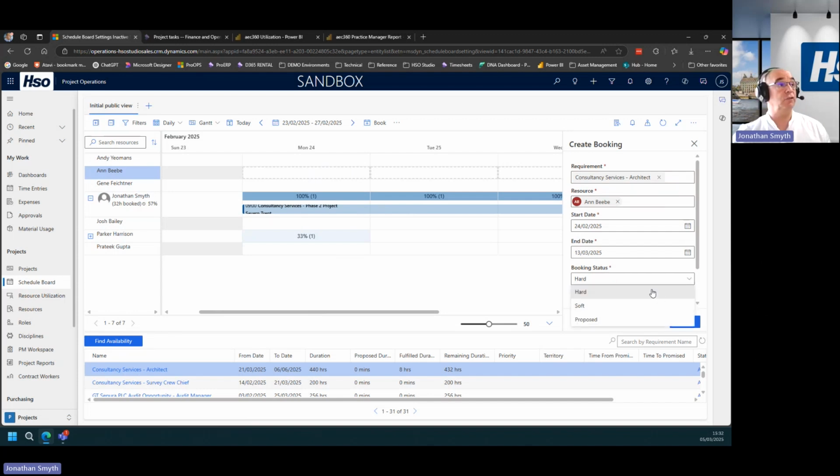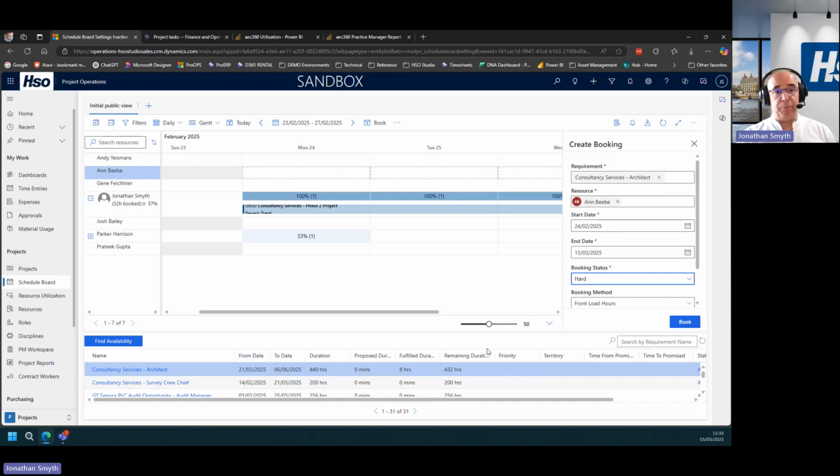So I could have a hard booking, which is an absolute booking, it's almost like a confirmed booking. I could have a soft booking, so that's tentative, or I could have a proposal. So I'm proposing that booking, but the resource manager is, of course, going to be the tiebreaker that determines which project managers get which resources on their projects. So plenty of flexibility in the way that we can both view the existing workload against the resources, but also drop some of those tasks onto the various different workers within our organization.